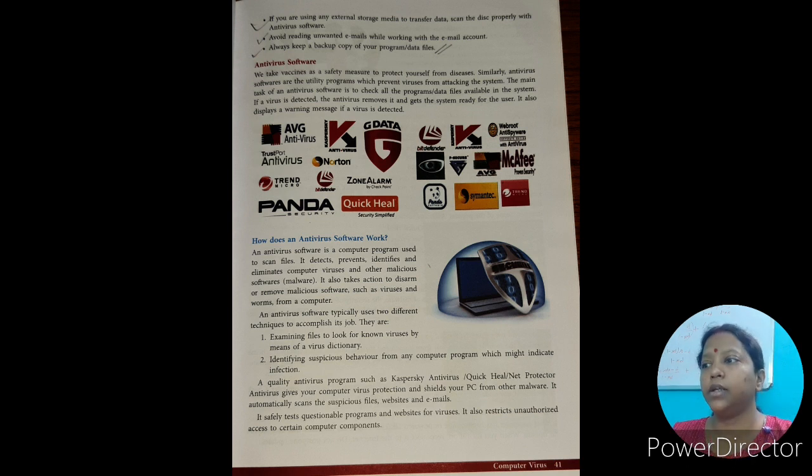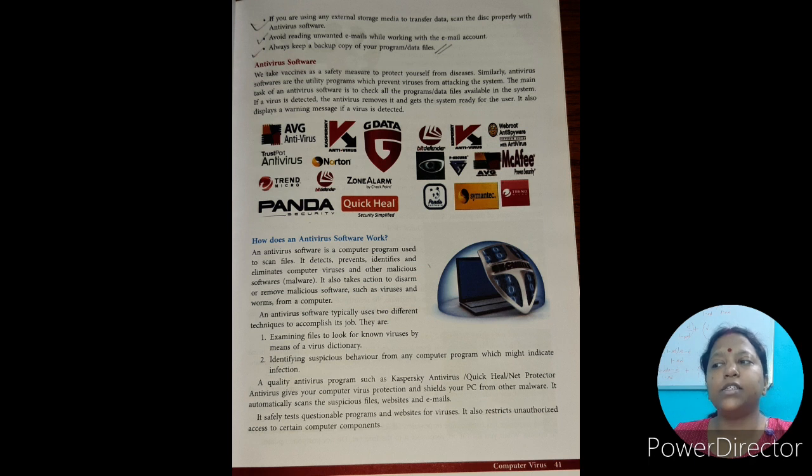Now the next line. A quality antivirus program such as Kaspersky Antivirus, Quick Heal, Net Protector Antivirus gives your computer virus protection and shields your PC from other malwares. So these are all examples of antivirus softwares that protect your system from malware.